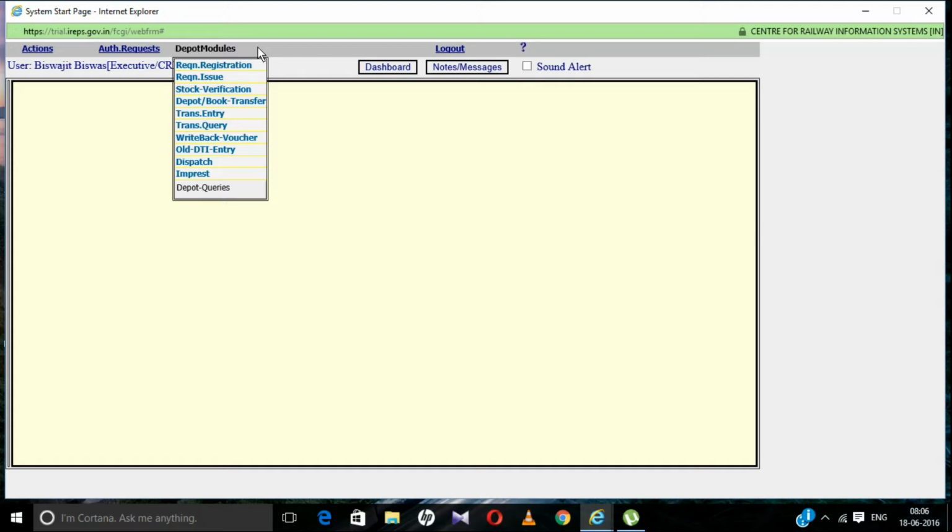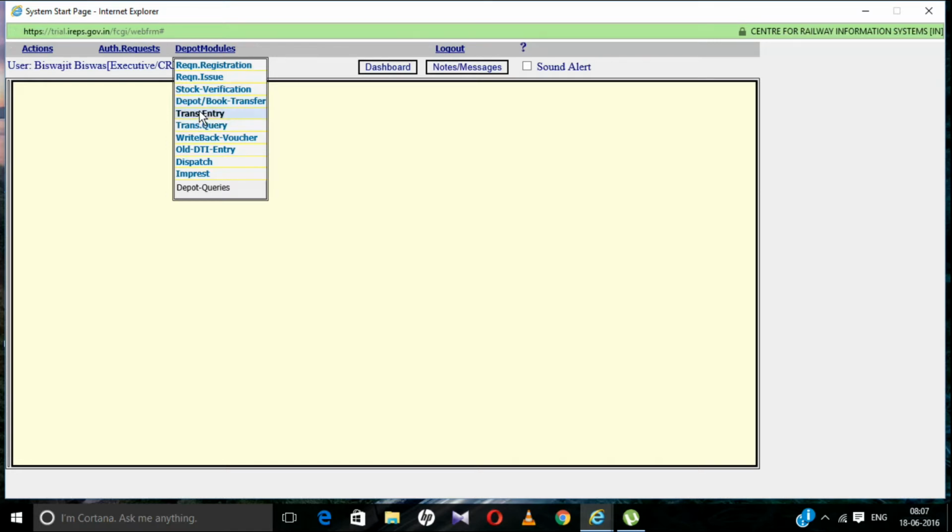How to do these transactions, because for 56 and 57, that is requisition registration and requisition issue, this has to be done from this menu which you have already seen, and 41 stock verification, that is to be done from this menu, and depot transfer is to be done from this menu, that is 59 and 47. Rest of the transactions is to be done from this trans entry form.